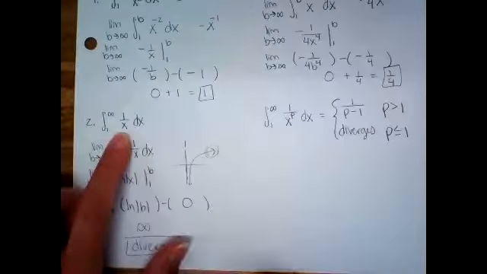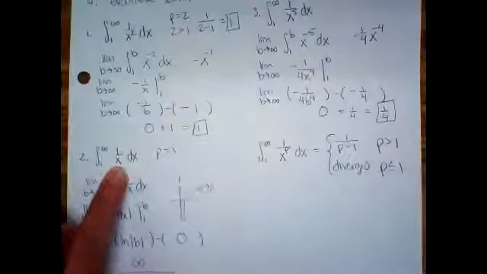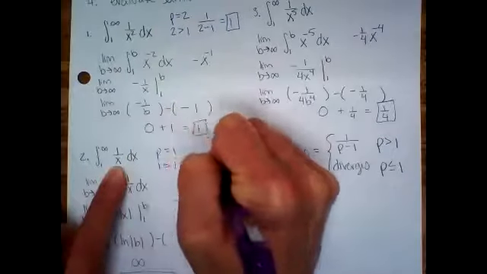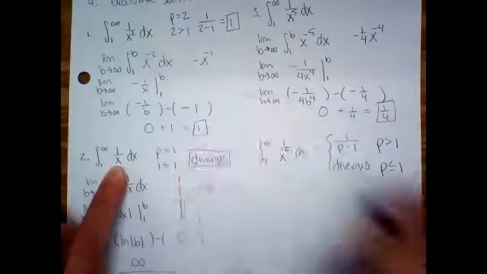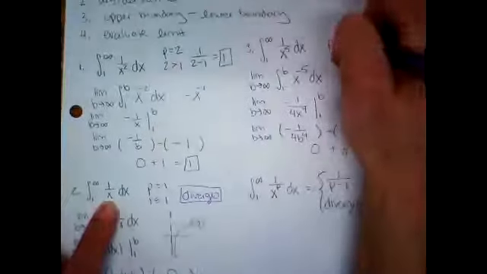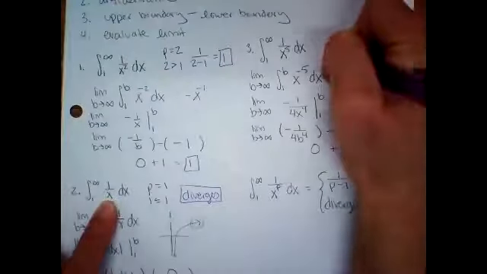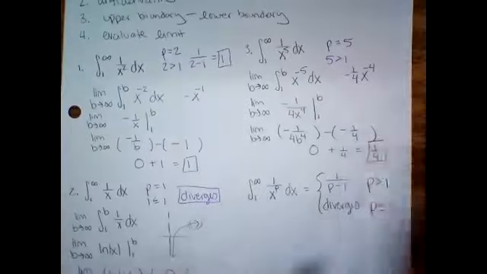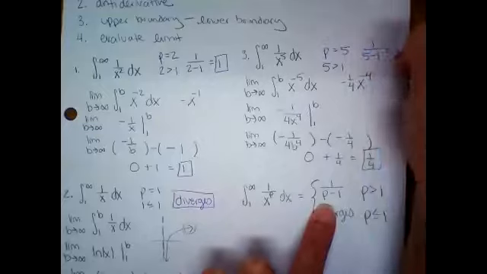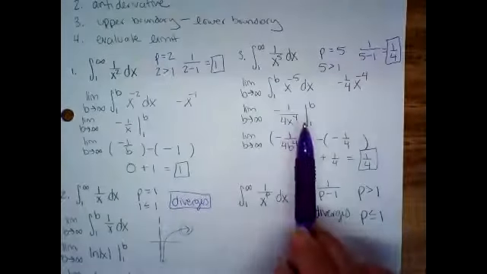For this one, what is p? Because it's x to the 1st, right? 1 is less than or equal to 1. So it diverges. And then for this one, p is 5. 5 is greater than 1, so it's going to come out to 1 over 5 minus 1, which would be 1/4. I was going to make up a couple more just to illustrate that a few more times, but it seems like you guys are staring at me like,